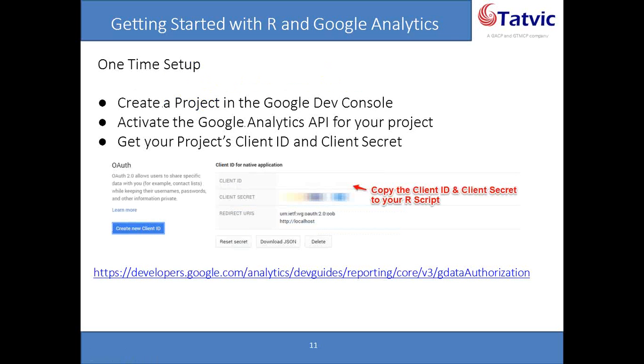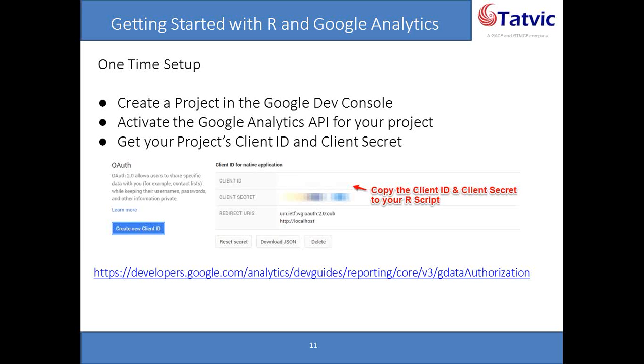Okay. So once you install RGoogleAnalytics, there is a small one-time effort that you have to do in the Google Dev console. You have to create a project for your API use, and you have to activate the Google Analytics API for your project. Once you finish that, you will get a client ID and client secret for that particular project. This is done because Google Analytics has an API limitation in terms of the number of queries that you make. If you create multiple projects, some of your mission critical projects do not get affected by that quota. So I highly recommend that you use this method to create a client ID and client secret for your R script.